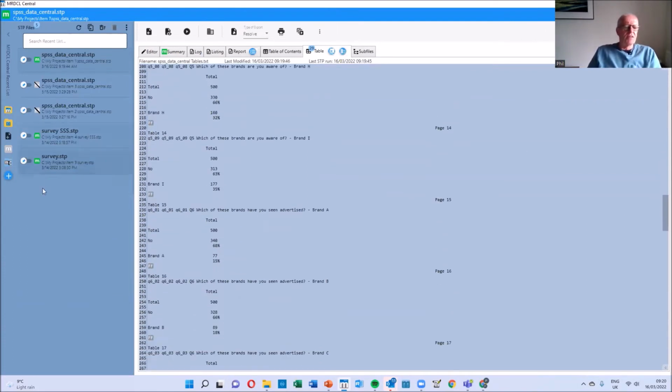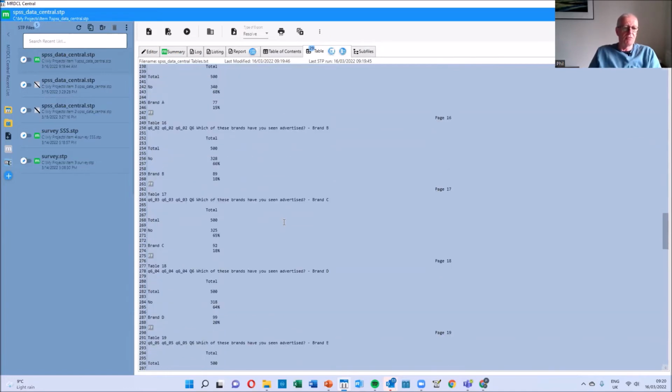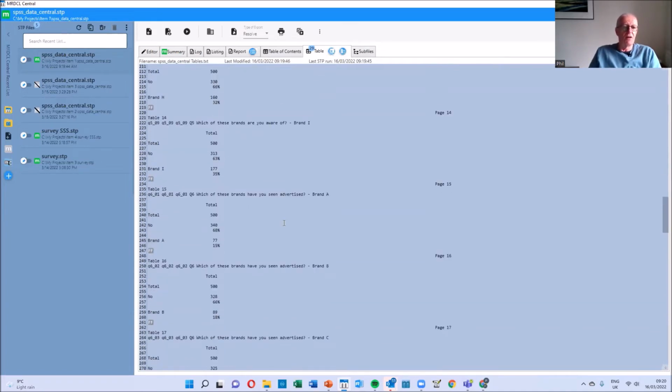So that's the sort of first level of import that many software packages might limit you to, that you'll get whatever it happens to import from SPSS, and then you'll find that what you've imported is not particularly useful. I couldn't send these tables to a client now or put them into a report because they're not in the form I want. So what I look for when I'm moving data between software is something that's another level up from that. And the next sort of level up